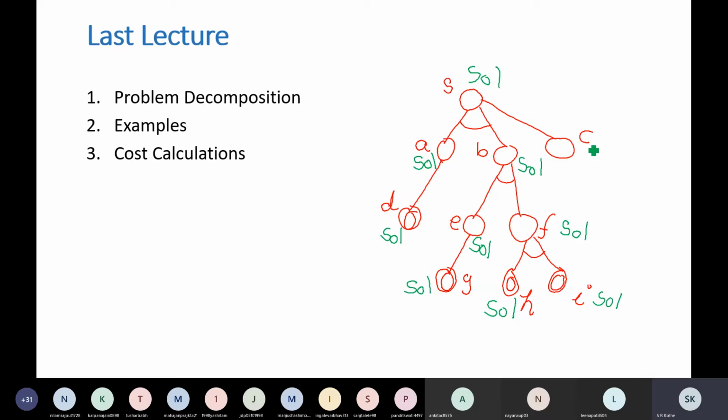Otherwise there will be no label on C. You are going to explore this C, it will generate its successors, and they will have their own cost. Somewhere you will reach the terminal sub goal. So label that as solved, and because of that the ancestor nodes will become solved. That's how the algorithm will perform.